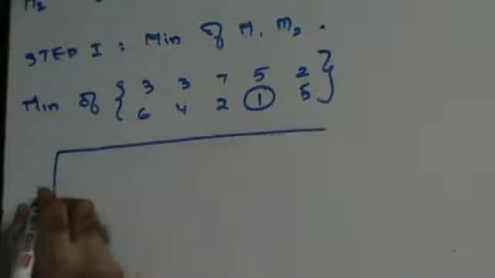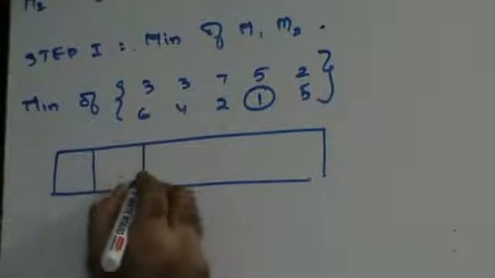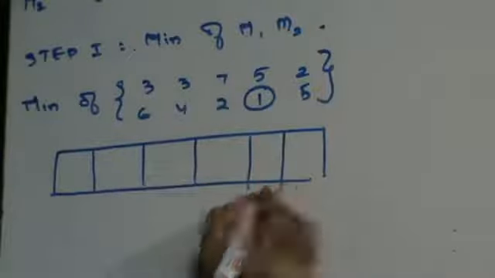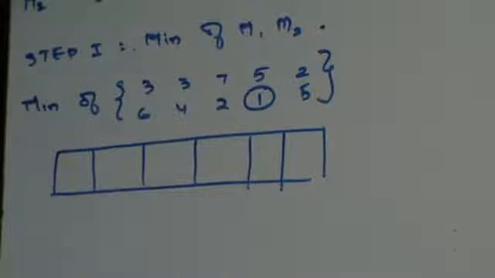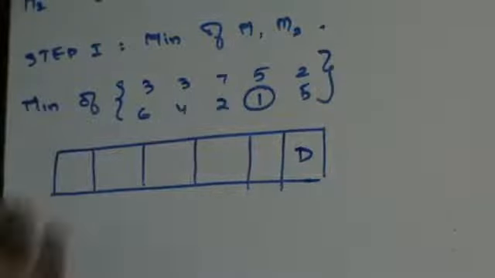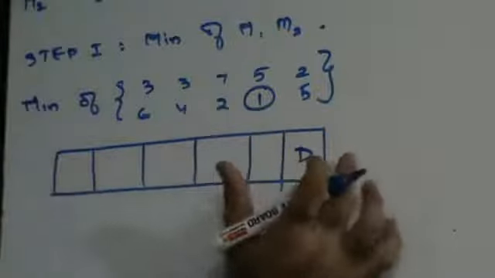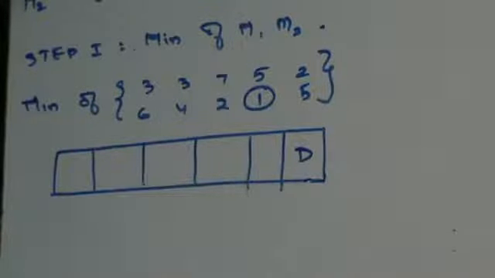Since the minimum value is 1, you make a table like this. You have A, B, C, D, E, so you draw 5 columns: 1, 2, 3, 4, 5. If your minimum element is from the first row, you start writing from the beginning. If it is from the second row, you start writing from the last, that is from the right side. Here the minimum is in which row? A, B, C, D. It is D, so you write D here. Fine, do we get this in here?